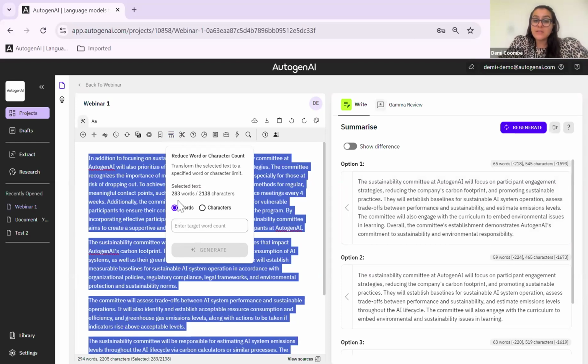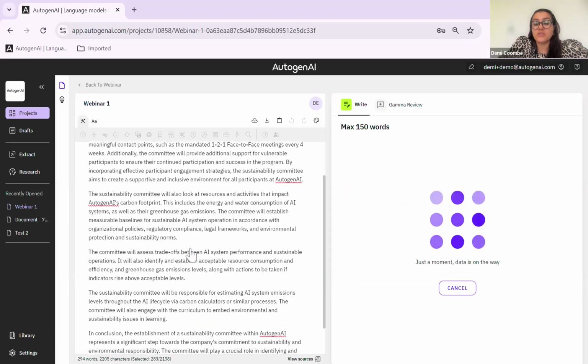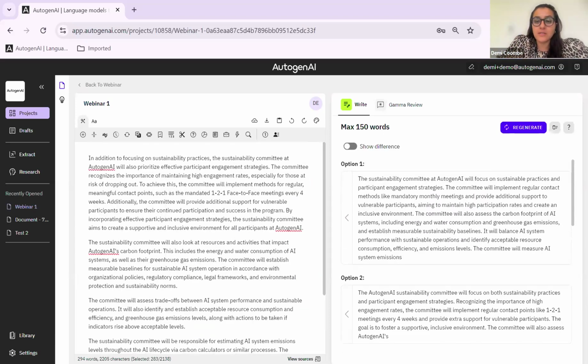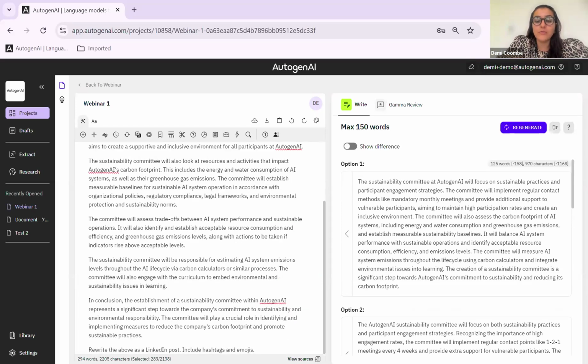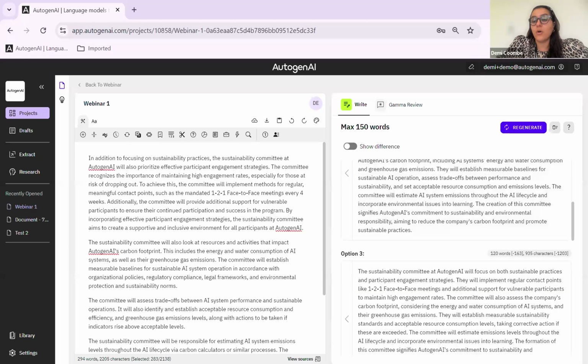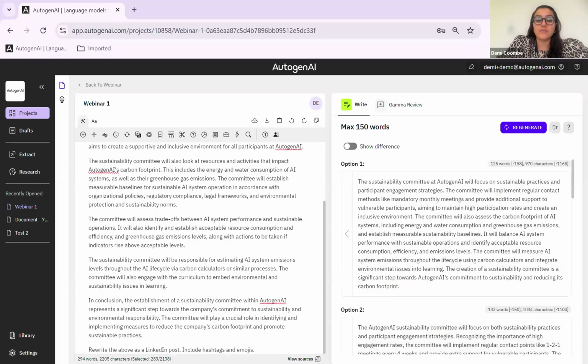So at the moment, I'm at 283 words. I can reduce that further, maybe down to 150. And what it's going to do is craft through my response and see, right, what can I remove or change to get you down to that word count that you want. And again, you can click show difference to see how it's done that for you. So if that's something that you'd like,